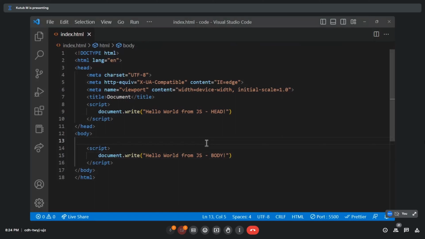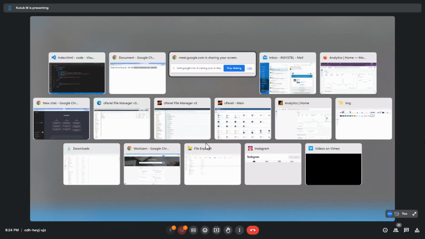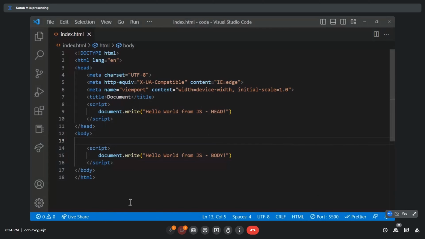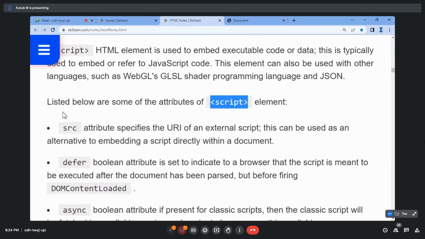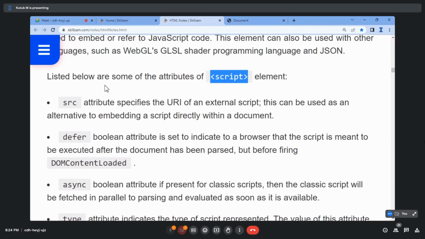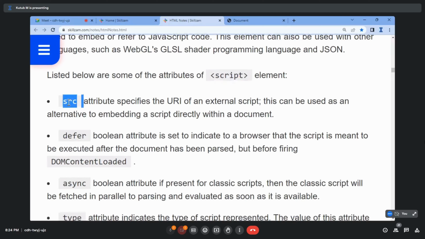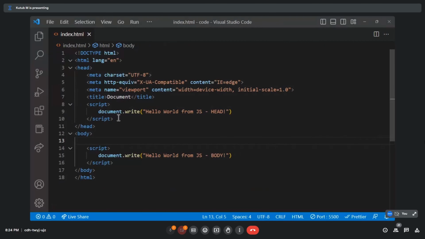All right. Now, any questions, guys, so far in the understanding of script tag? No, sir. Okay, good. Now, script also has certain attributes like SRC. SRC stands for source. It is basically to reference an external source. Now that we have come across this SRC, I'll tell you one interesting thing about SRC. SRC will help you add external JavaScript libraries,